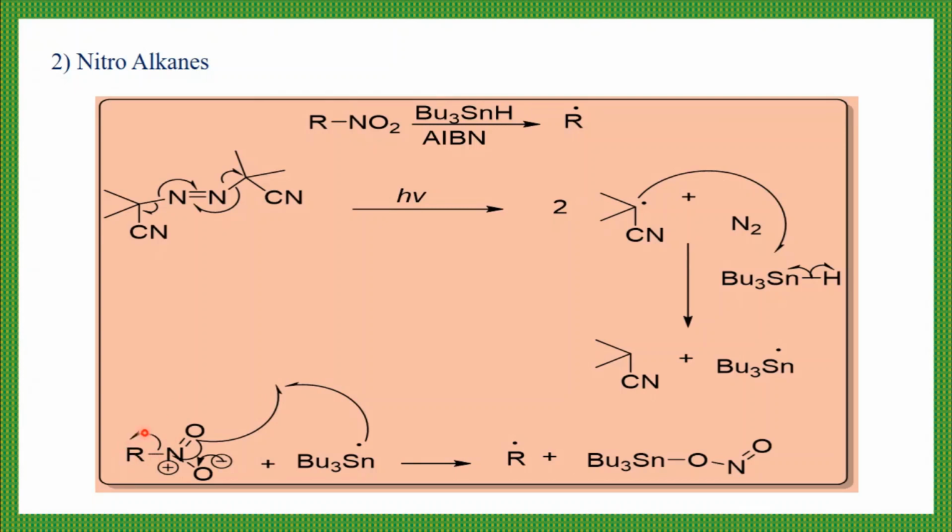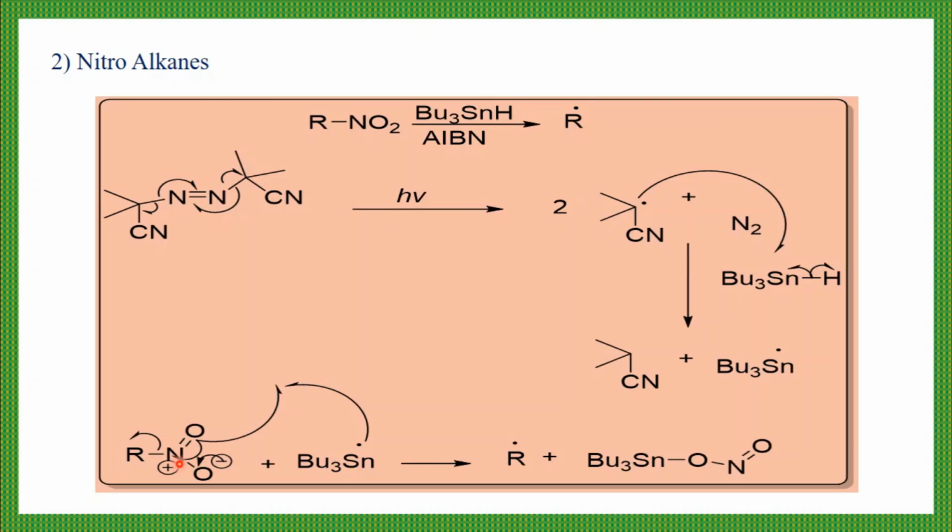Nitroalkane, where R may be any aryl or alkyl group. The tributyltin radical reacts with this nitroalkane. In the nitro group you have a nitrogen-oxygen double bond, which undergoes homolysis, and that oxygen radical of the nitro group will react with the tributyltin radical. This oxygen forms a bond with the tributyltin, and the same way this bond undergoes homolysis and the radical shifts onto nitrogen, and this negative charge will delocalize here.